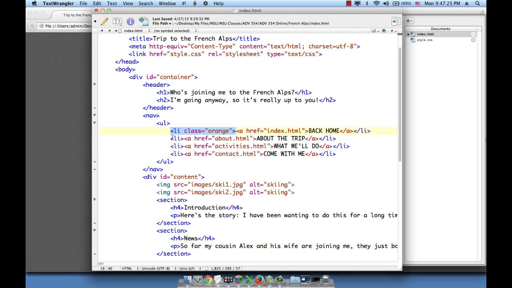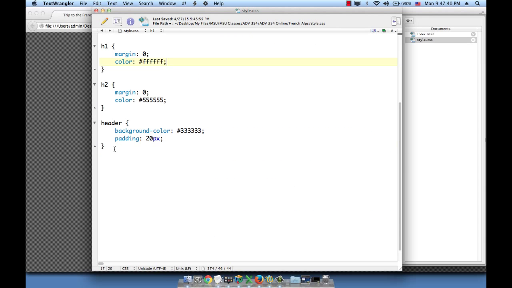That's why I'm going to copy this and paste it. Okay, so I have the four LIs. Each of them has the same class. The value of the class is orange. Now let me go to my CSS and